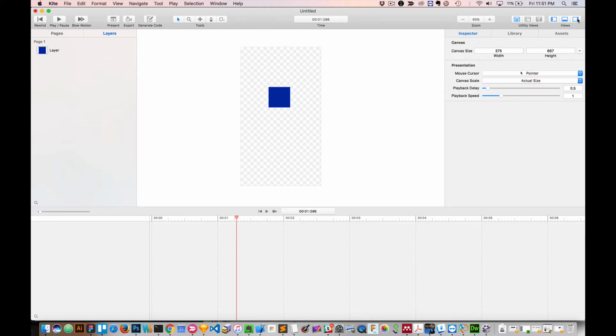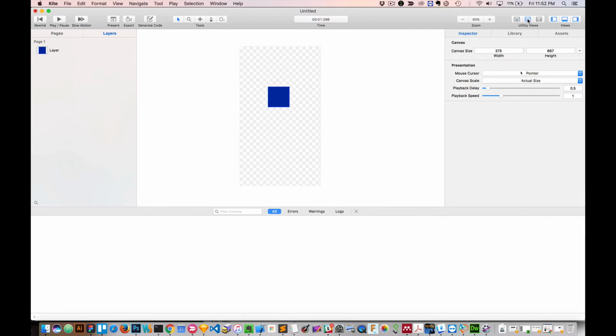Views, these are just ways of showing and hiding different parts of the IDE. This over here is pretty interesting. The one I've selected right now is timeline. If you've used anything like After Effects or Flash or any product that has a timeline, this should look somewhat familiar. However, then there's also console, and if you've been using CodePen or if you use Inspect, this is